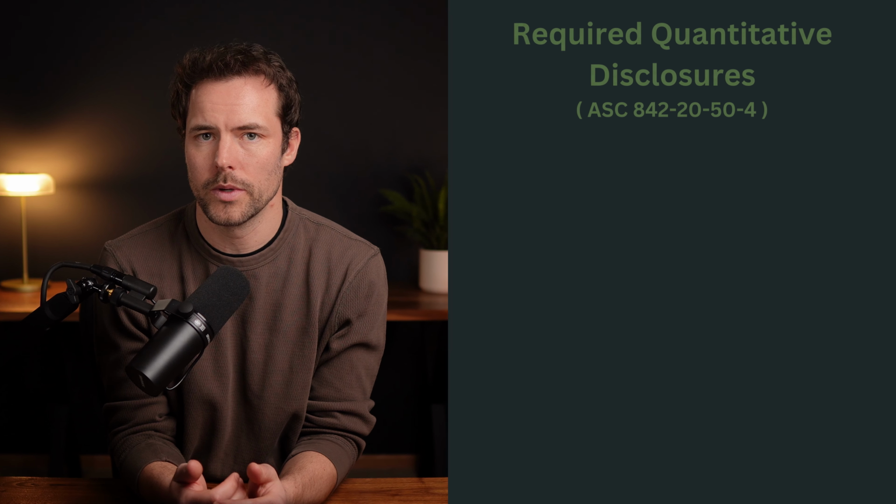All additional quantitative disclosures specifically related to leases are found in paragraphs 842-20-50-4 through 50-7. Beginning with paragraph 842-20-50-4, the standard states that for each period presented in the financial statements, a lessee shall disclose the following amounts